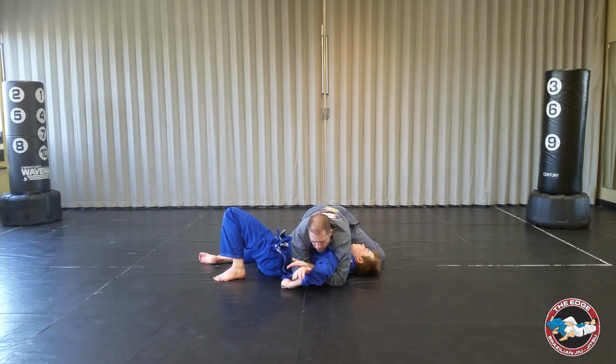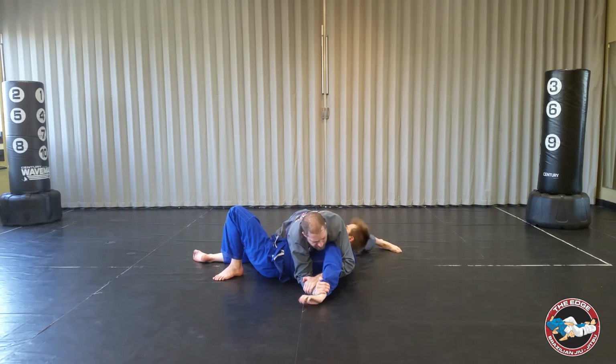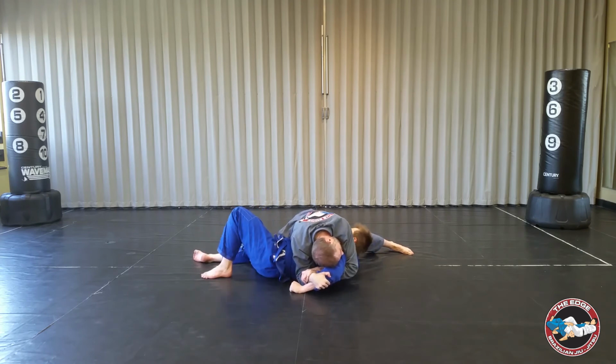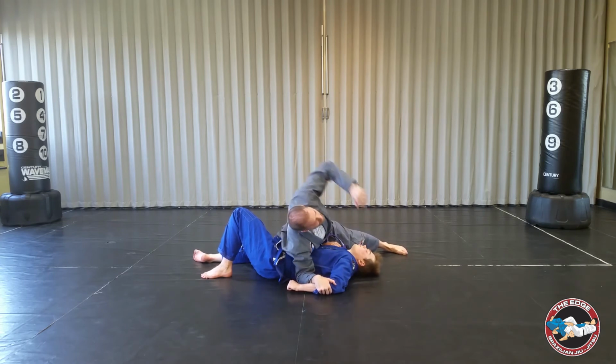I'm pushing his arm out. I'm keeping it flat. If I can get his forearm in my forearm, even if his arm's almost straight, I can still get the submission, right? If his arm is bent, that's fine too. I go here, I switch my feet. I keep my head down. I'm just gonna trap his head down here, and I'm gonna go. So I keep my head on his arm, I look where I wanna go, and I rotate over the top,